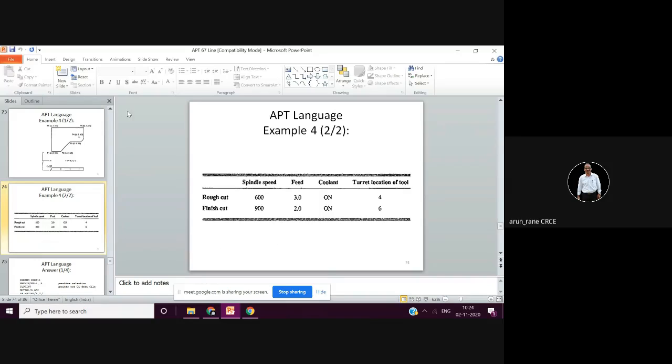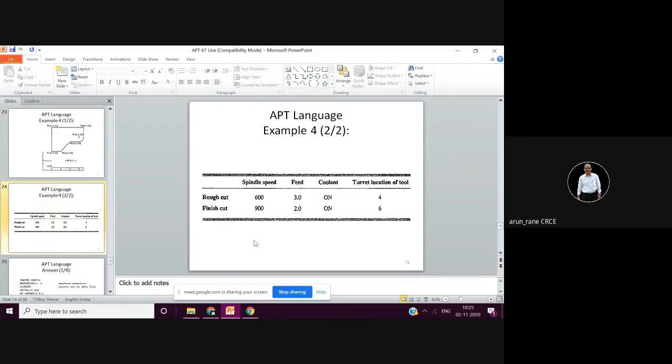Okay, so I repeat again what the columns will be. First column will be operation description, in which you will write various operations: operation number 1, 2, 3, and so on. The second column will be nothing but the tool number, that is T01, T02.